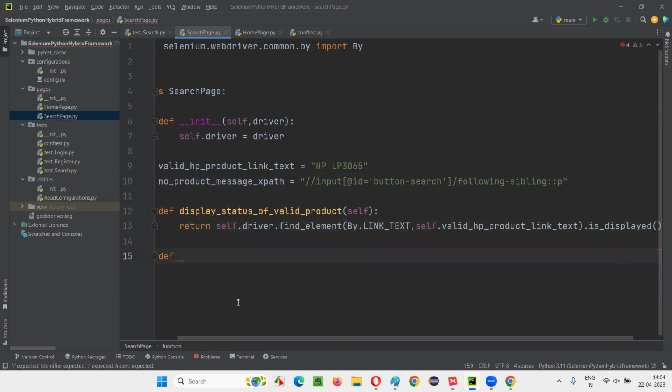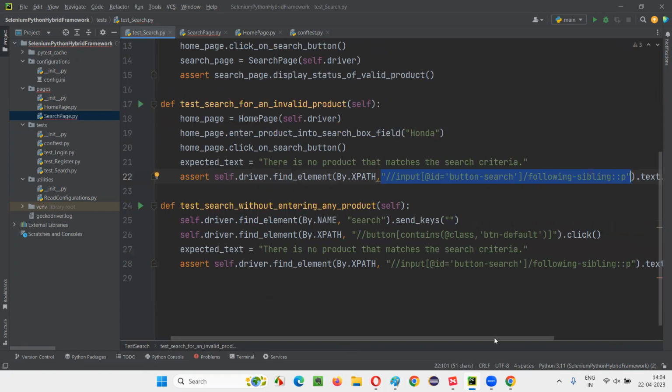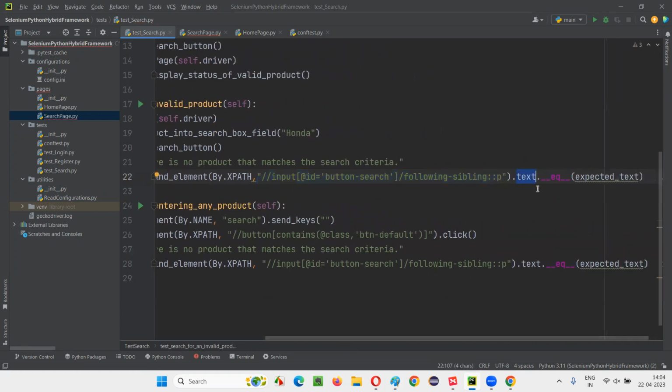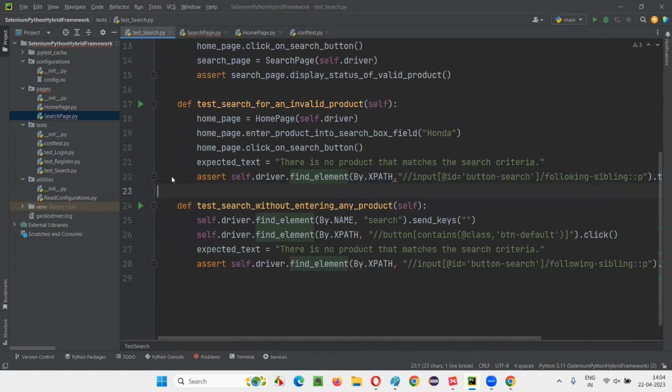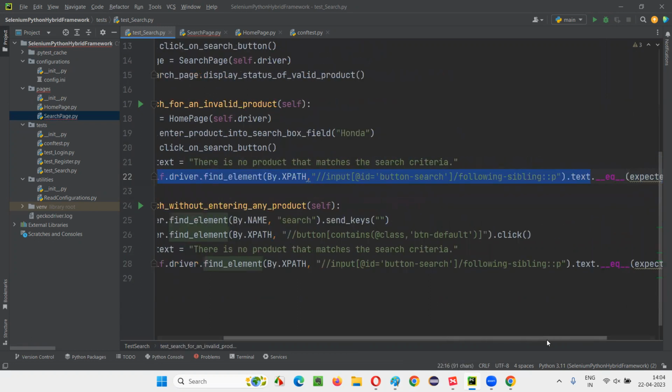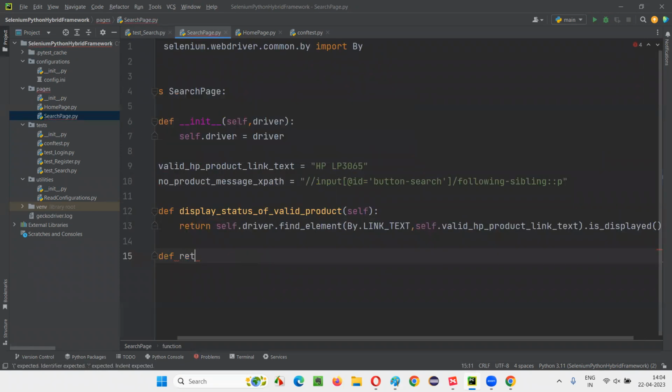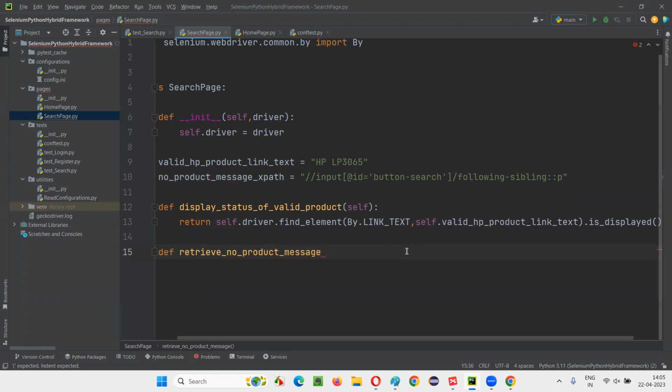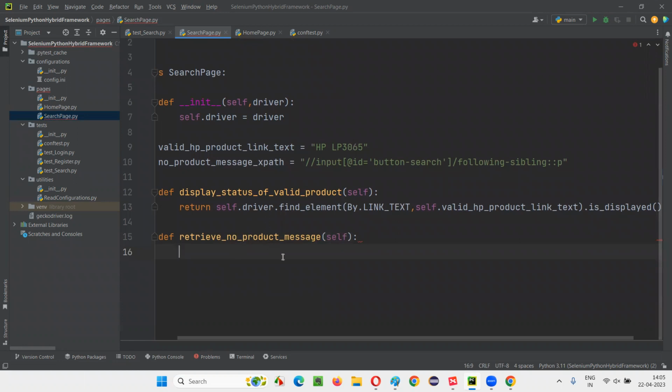Def, write down def. Here what we are expecting: we are retrieving the text and comparing it. So this part we have to put in the page class. Okay, this part, retrieving the text, is something we have to do. For that, retrieve no product message. Okay, retrieve no product message from the search page. So here I'll simply say self dot driver dot find element by dot xpath,